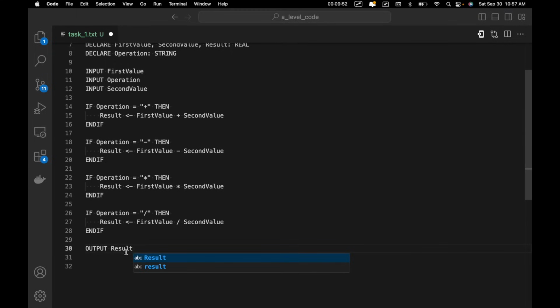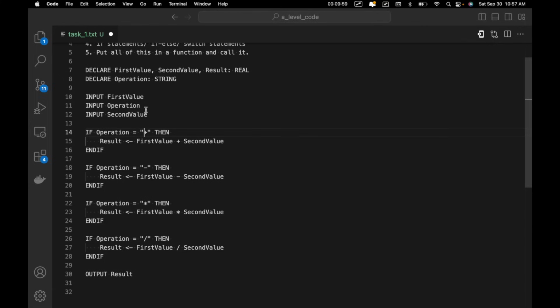One thing I do want to do is handle a case in which an invalid operator is entered. So basically how this code works is these values are being entered. We check is operation equal to plus. If not, do nothing. Is it equal to minus? If not, do nothing. Is it equal to multiplication? If not, do nothing, and so on. But when we get to division, that is basically the last time we're doing a check. So in order to handle an invalid operator, like a question mark or something, then we could just do